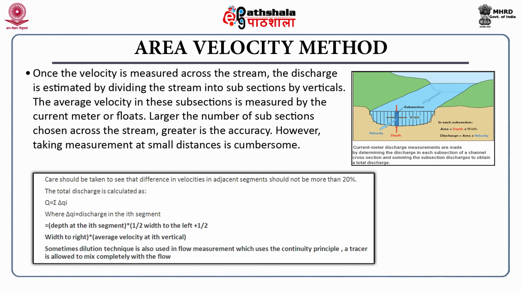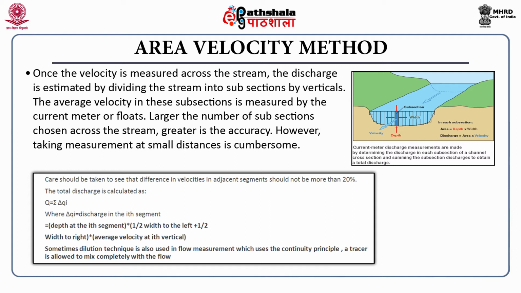So, what we actually traditionally do is that the widths are kept uniform, which means that we decide for sections which are 5 meters wide, 2 meters wide, 10 meters wide, depending on how wide the stream actually is. So, what I am trying to tell you is that if you have a 10-meter wide stream, we might divide it into 5 sections, or we could have a 50-meter wide stream and that we divide into 20 sections. So, once the width of each of these cross sections has been decided, then we measure the depth.